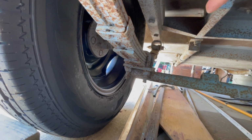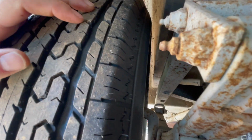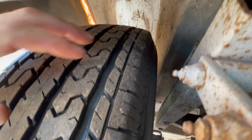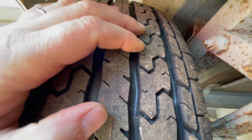But if I flip this and put it under, that's going to drop this wheel back into the wheel well. You can't really see. Got plenty of space up there, so it's going to drop the wheel kind of in the wheel well where it is supposed to be. Let me go on this side, maybe you can see. You got plenty of room up here